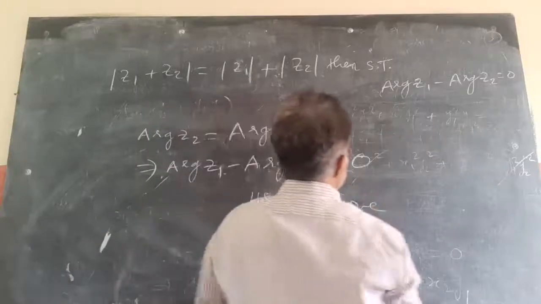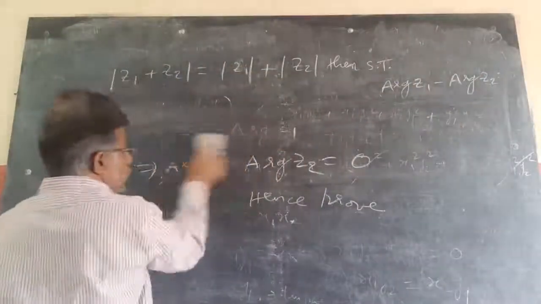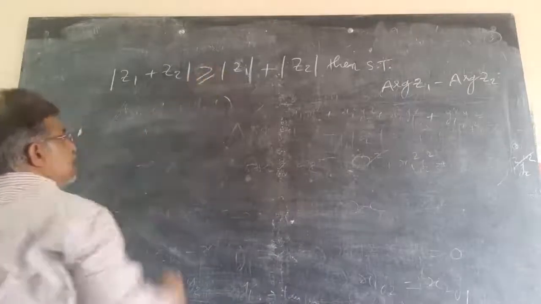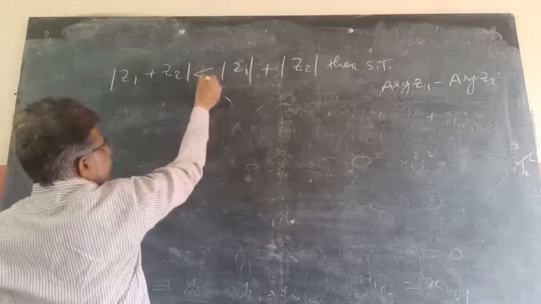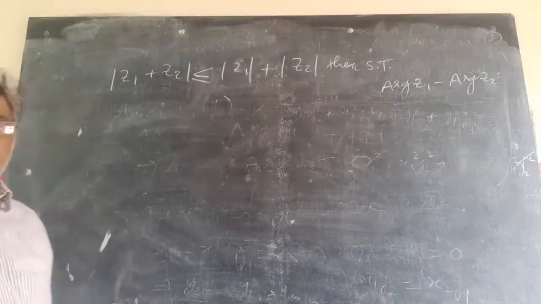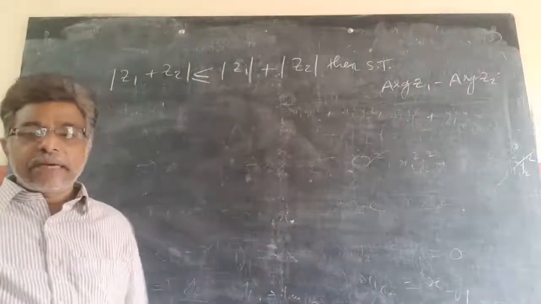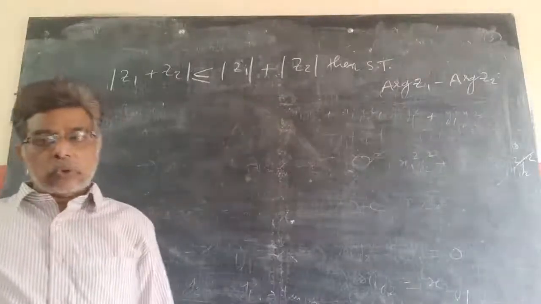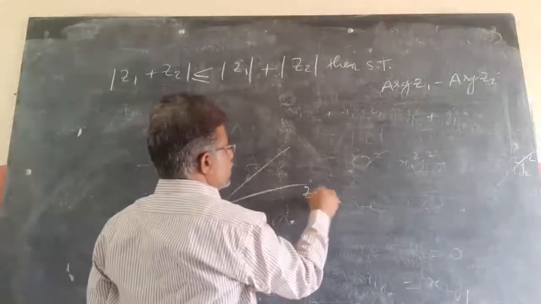If it is an objective question, they will ask what it is equal to. Simple logic I know. Modulus of z1 plus z2 is always less than or equal to mod z1 plus mod z2. We already did this. Simply the triangle property: the sum of any two sides must be greater than the third side, so the third side must be less than the sum of the other two sides.